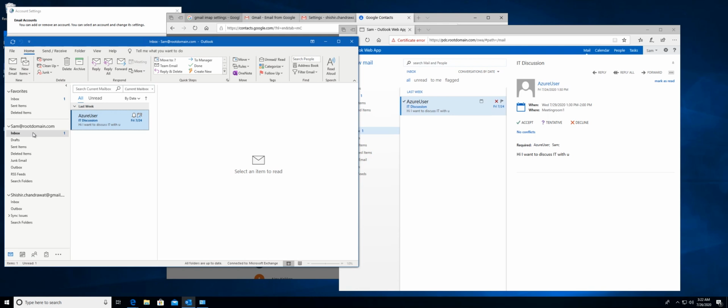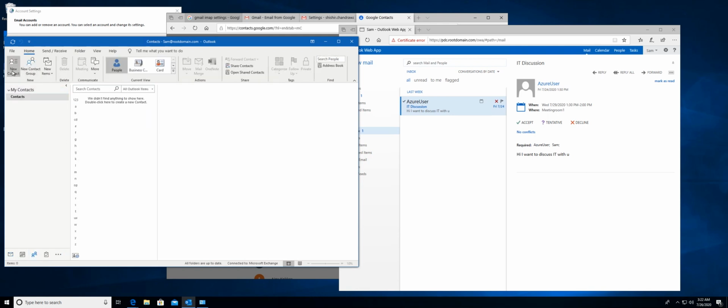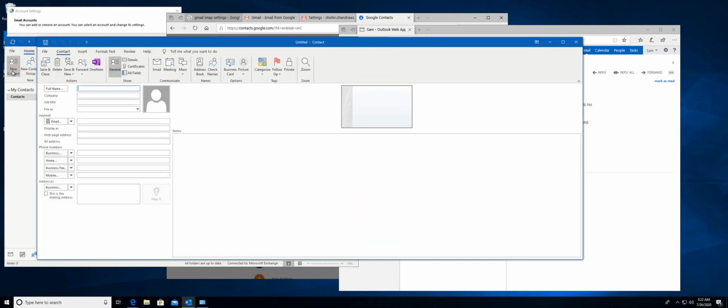There is just one email here. Now what I'm going to do is go here and create a new contact, and let's name the contact Windows Vista. I could have thought of a better name, so